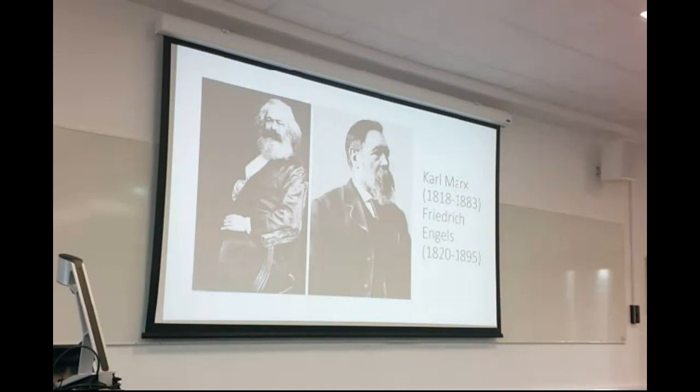Well, let's throw it open. What was going on in England between 1818 and 1883 which wasn't happening in the rest of the world? The Industrial Revolution. Marx was interested in the Industrial Revolution and the industrialization of society, and what industrialization was doing to normal people in society.